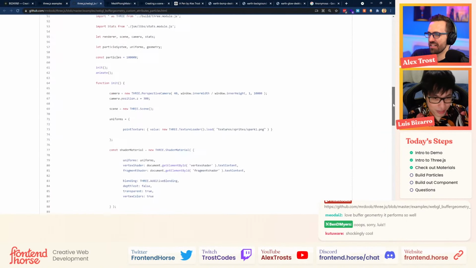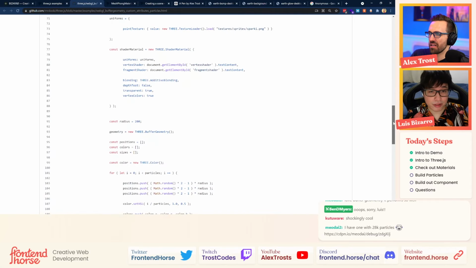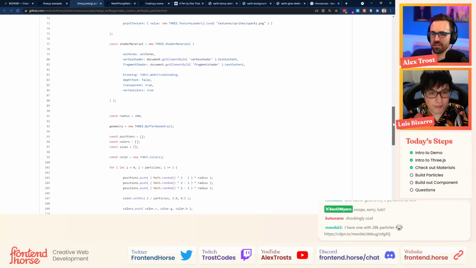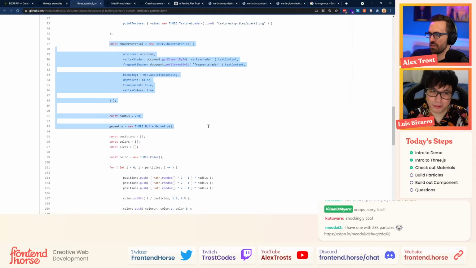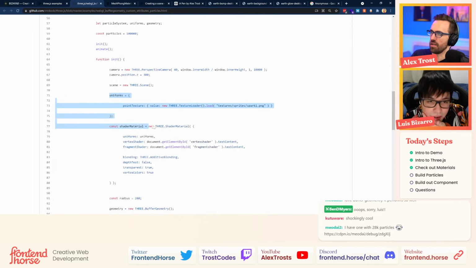If you scroll down the page a little bit, you can see that there is no secret. You can literally copy and paste the shader material, the buffer geometry initialization, and we're going to copy most of the things, but I'm going to explain line by line with you so everyone understands what we are doing. Awesome. Appreciate that. Scroll a little bit upper. I think we need to also copy the uniforms.